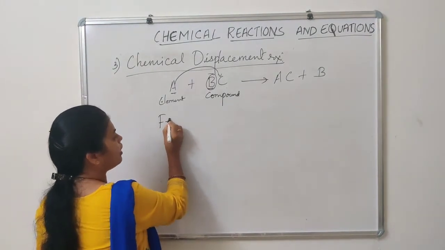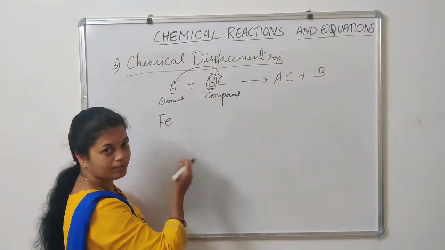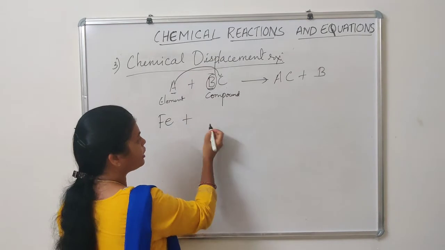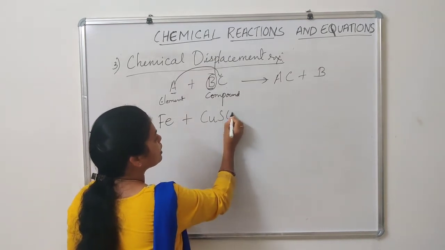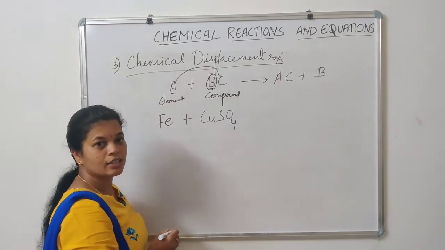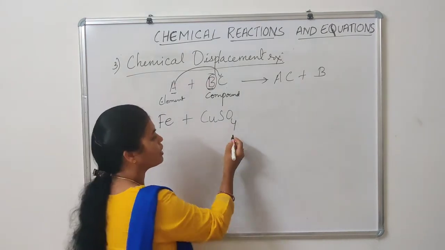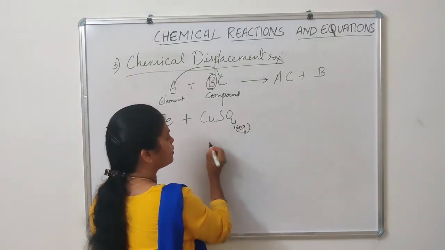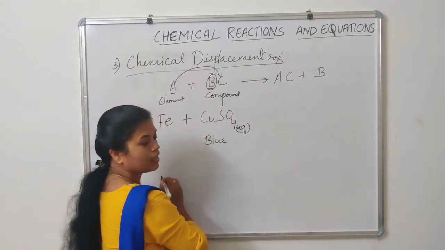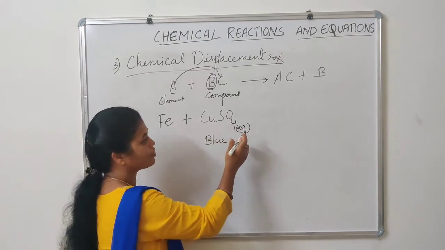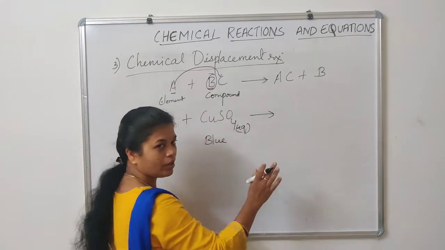Iron is Fe, ferrum, the Latin name. Take an iron nail and place it in copper sulfate, CuSO4. Copper sulfate is a blue crystalline solid. Dissolved in water, it becomes aqueous, and that color is also blue. Dip an iron nail into the copper sulfate solution in a test tube. Then nothing, no heating, nothing.